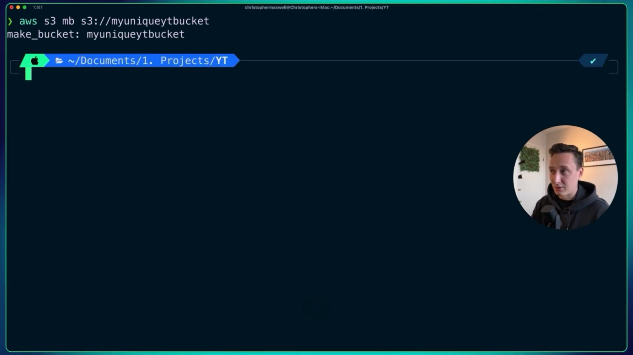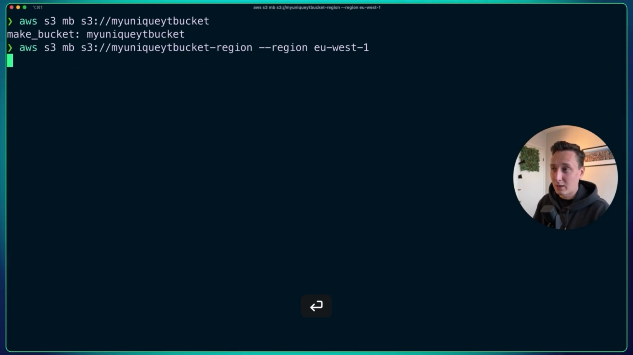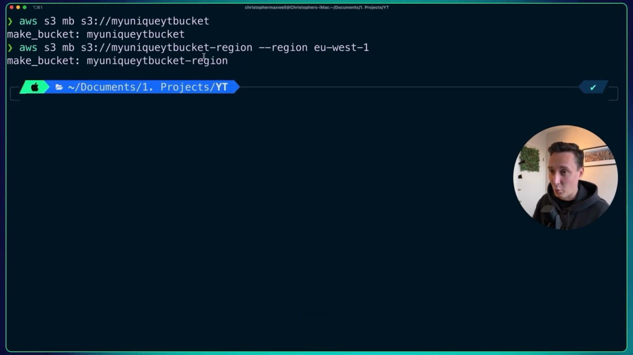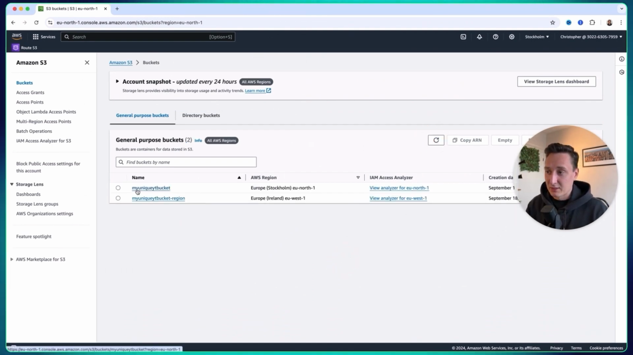I'm going to press enter. If this doesn't work, if it complains that you don't have a profile set up, it's because you have not selected a default region. So either you can set up a default region on your profile, or we can do this specifically by setting a region for our bucket. It has to be a unique bucket name, and we add --region, and then the region we want. So I'll add it in eu-west-1. My default region is eu-north-1. And then let's go back to S3 and update the page and see what we have. There we go. So we've got my-unique-yt-bucket in Europe, Stockholm,